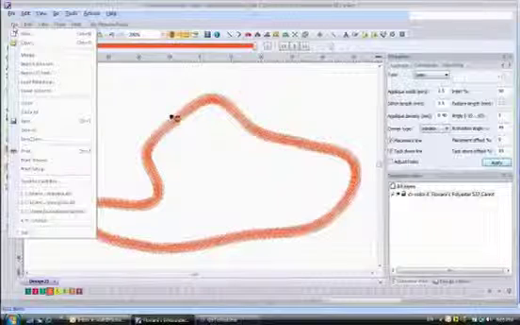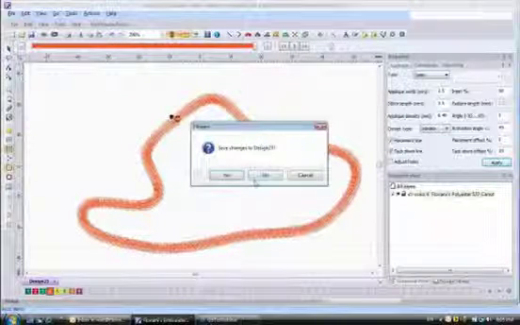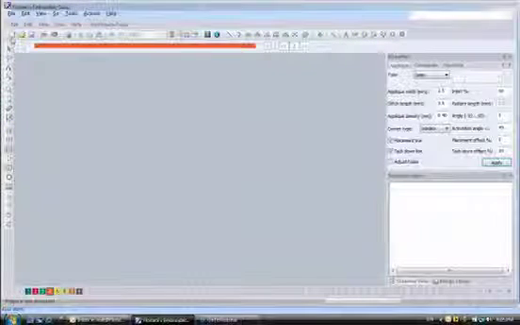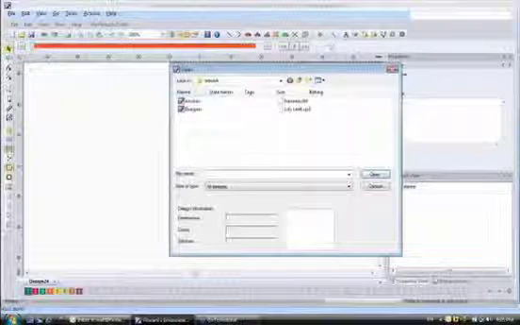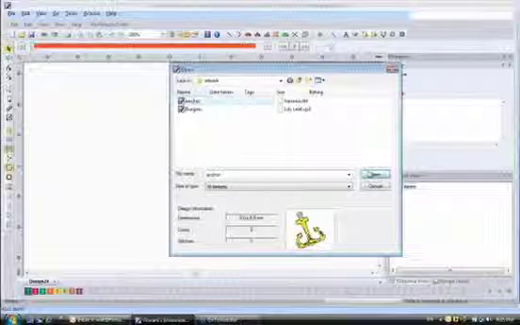Let's talk about the type of artwork that we can bring in and how we convert and how we digitize the different styles of artwork. And we're going to start with vector files, folks. When we open up a vector file and bring it up onto the screen, and I'll go ahead and bring this anchor up,